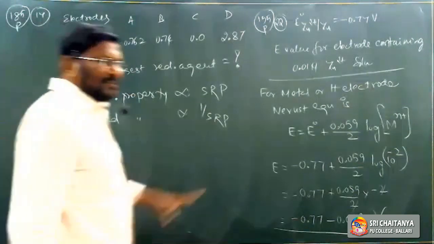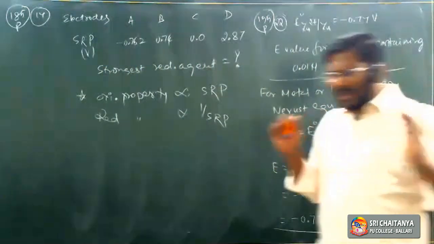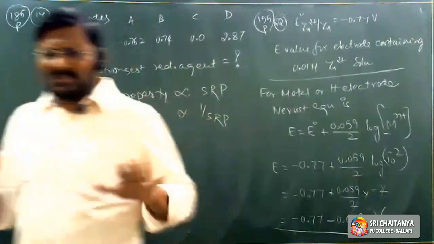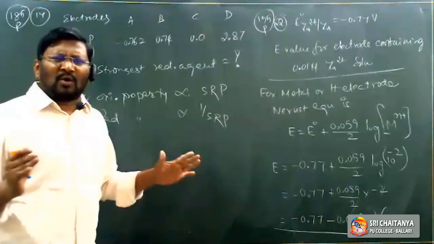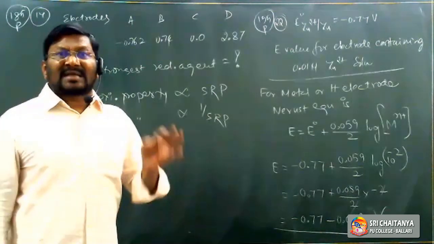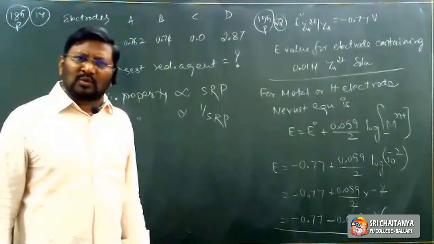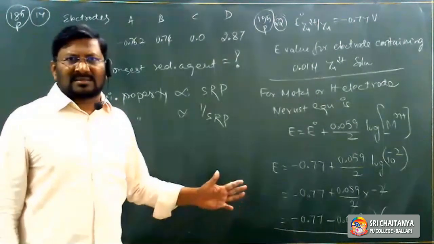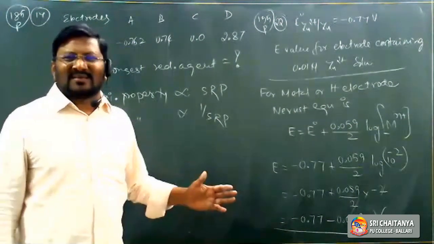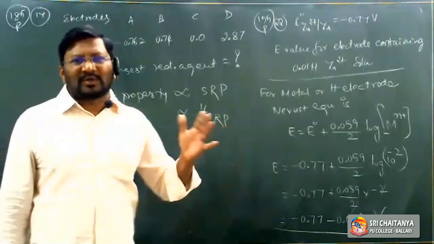Right. So these are the important models from electrochemical cells. All the problems are covered. Tomorrow the other concept in our electrochemistry lesson, that is conductance, a new part. Tomorrow I am going to start that one. Actually conductance is a physics part, but anyhow with the chemistry touch we are going to take it.